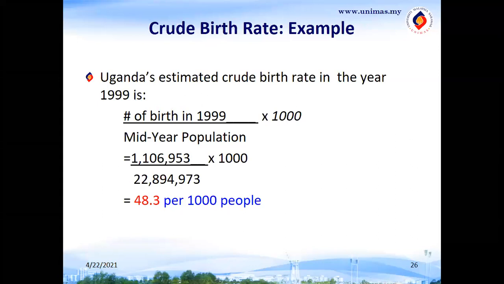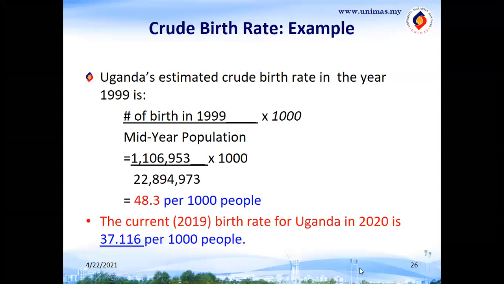Right? But the basic definition tadi adalah per 1,000 population because it doesn't differentiate between old, young, regardless of the number of women and so on and so forth. Just per 1,000 general population. Okay, so